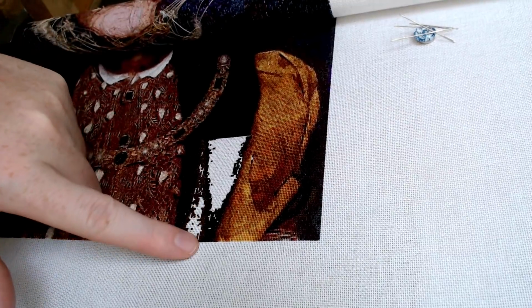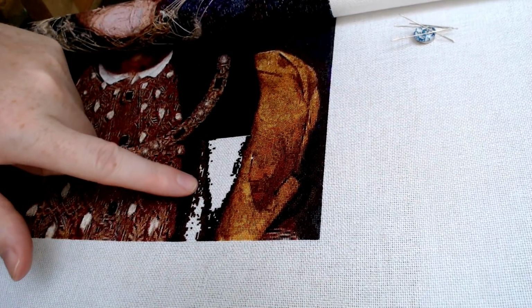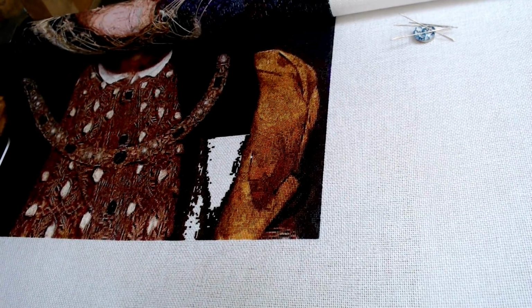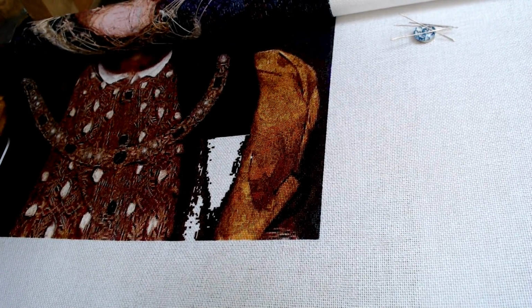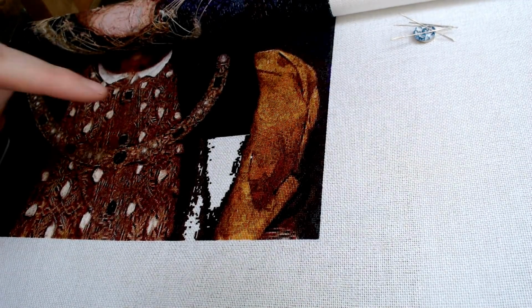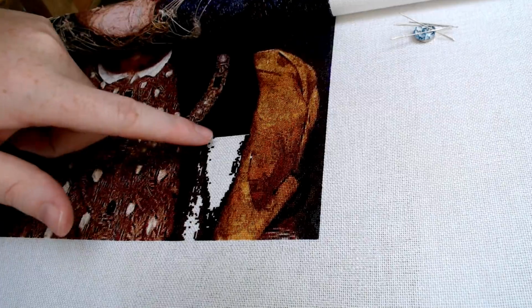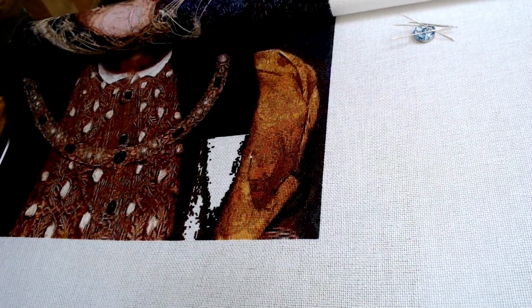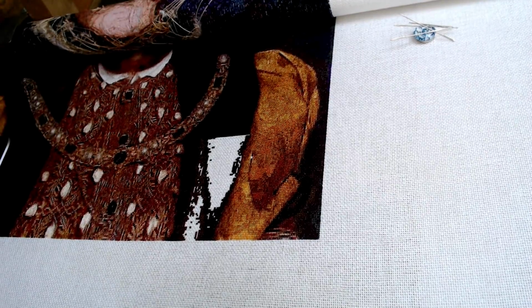And down in through here is 902. I think it's burgundy or something like that, in all of this section here. So 2 colors left to go, and I will be done with this whole entire row of Henry, and that will make